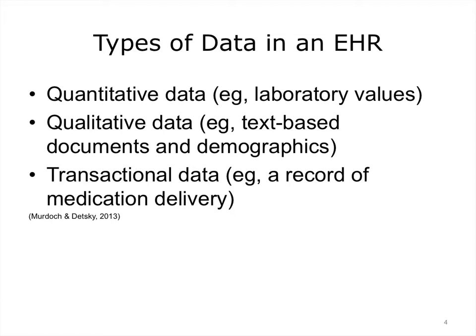Quantitative data includes numbers, such as a laboratory glucose result of 130, a patient date of birth, or a blood pressure of 130/70. Qualitative data includes narrative text, such as physician's notes, as well as demographic data, such as race,